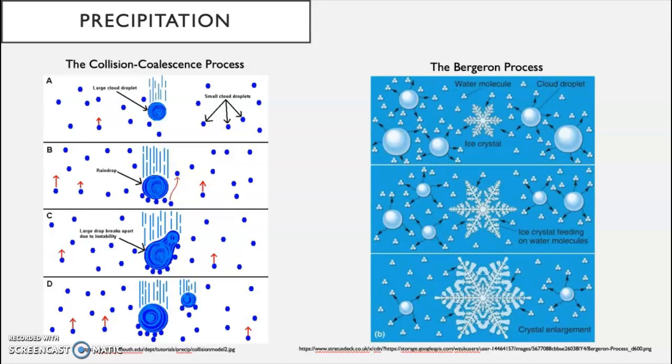The first thing that I'm going to talk about is the formation of precipitation and explaining the differences in rain, sleet, snow, and hail. Precipitation is formed through two processes. The first process is collision coalescence, which is precipitation from warm clouds. During this process, clouds that are composed of liquid droplets must contain some droplets that are larger than 20 micrometers